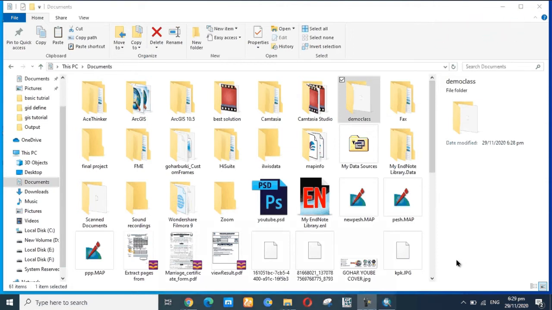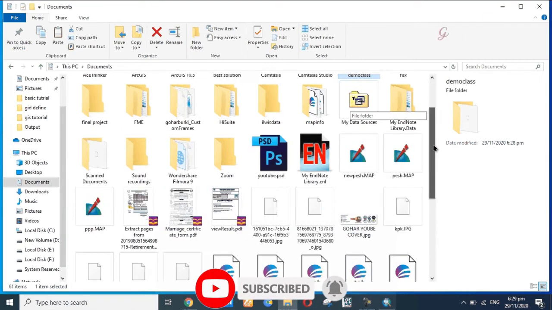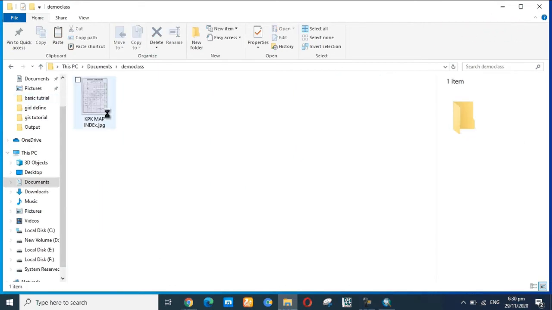How to create a geodatabase in ArcGIS. First, you make the folder. Here I have already made a folder and dropped a raster image picture in it, and go to